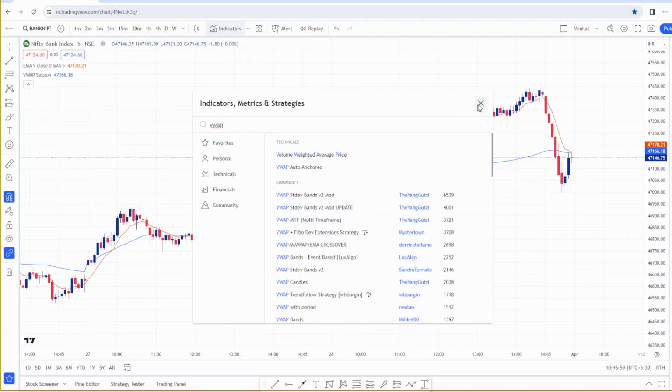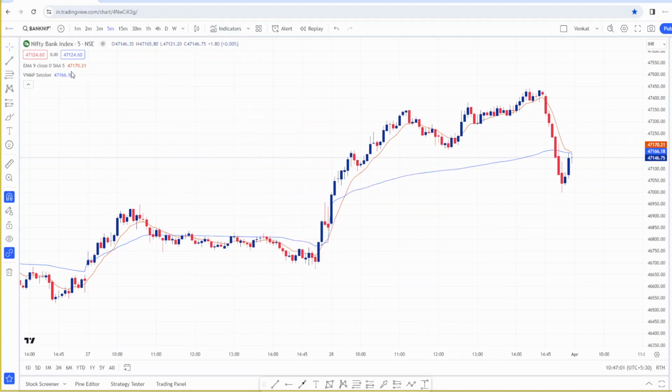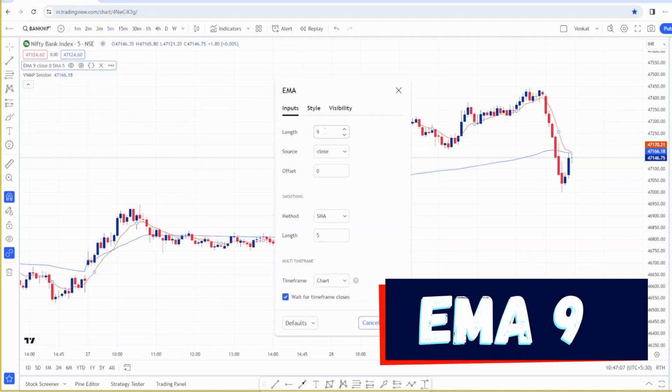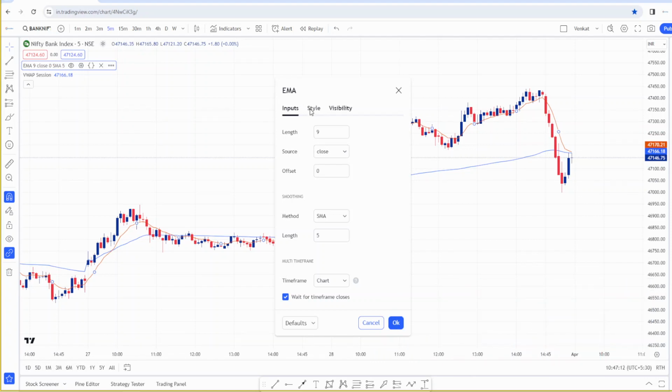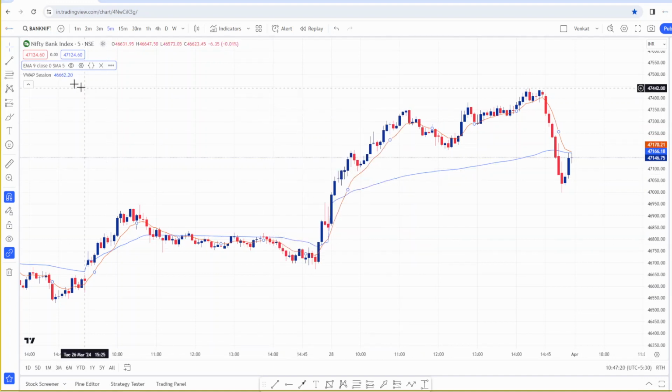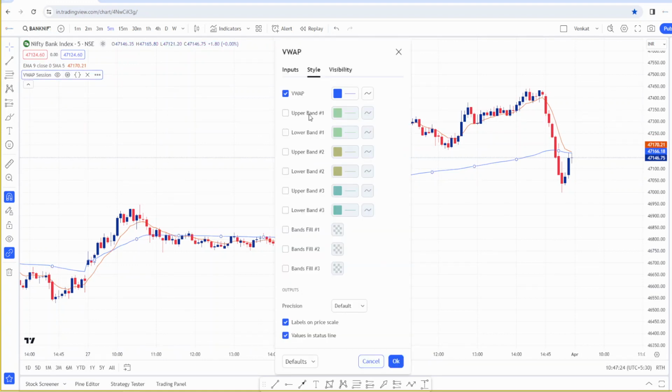volume weighted average price. These are the two indicators, and the settings will be as follows. For the first indicator, the EMA, the length will be 9, and the remaining settings will all be default. And for our understanding purpose, I am using the color orange for the EMA. And for VWAP, the default settings will work, but you have to go to